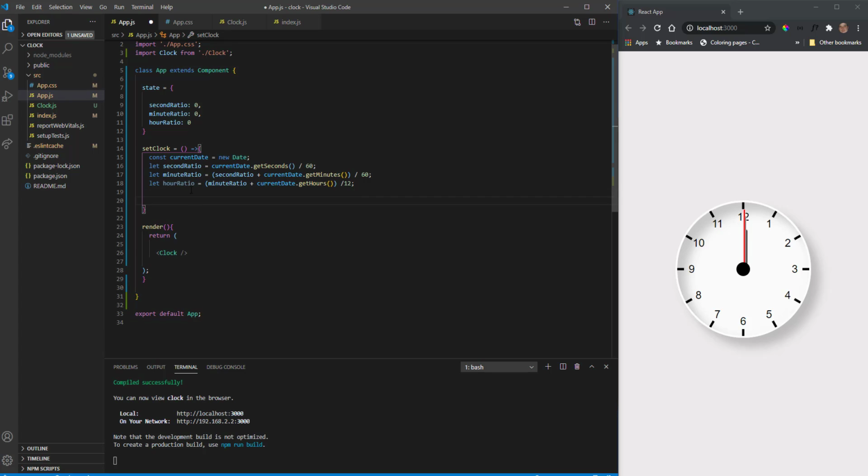Now we're going to be setting the state. We're going to be setting the second ratio and the minute ratio and hour ratio to each of these variables. So I'm going to say this dot set state. We're going to be setting the second ratio to second ratio